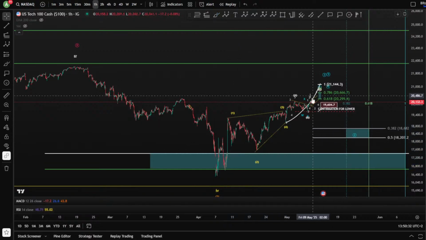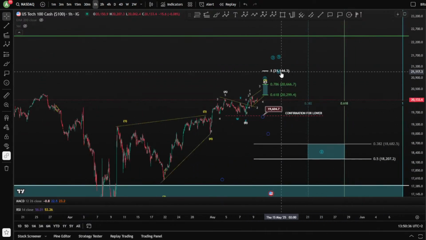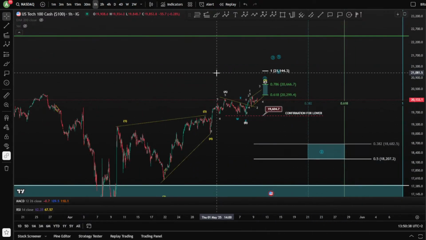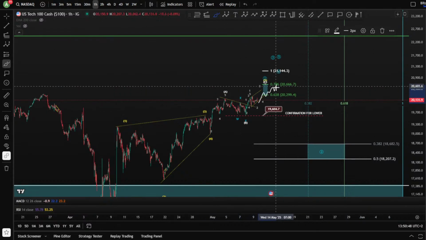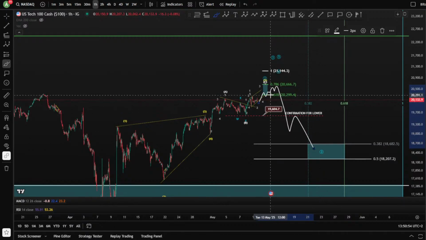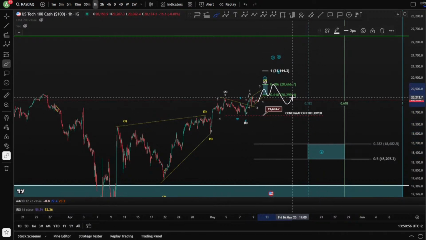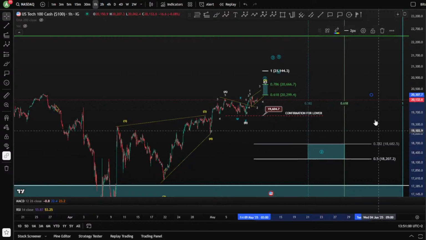So therefore, you want to stay, of course, as highest possibility under the 21K 144. That was for NASDAQ today. Be careful, trade safe. Don't forget that we are at the top, very close to the top. Whatever is going to happen here, it might shift and move toward the downside in high possibility. Of course, it's a possibility, but it has a high probability here to move for the 0.38.